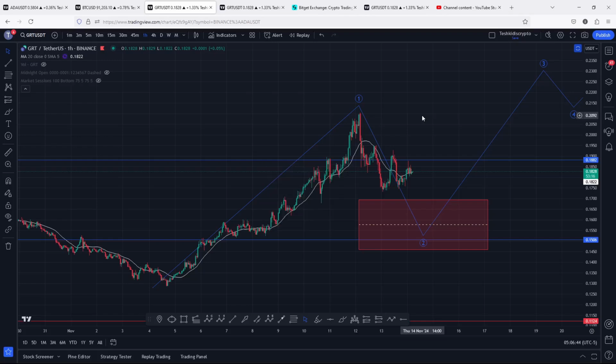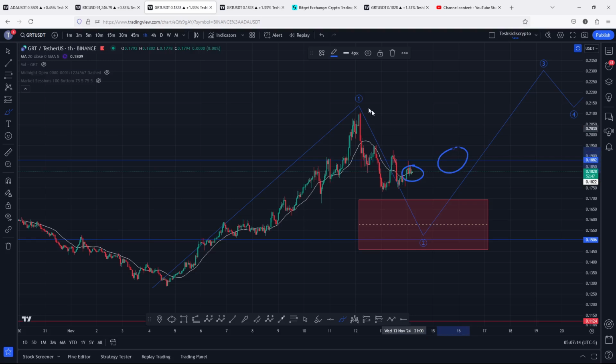GRT at the time of this recording is attempting another breakout to the upside after we continued to hold above our key area of support that lies between the $0.1696 and the $0.146. And at the time of this recording, we are now holding above the 20-day MA here on the 1-hour chart, and we are now attempting a break above our next key area of resistance above the